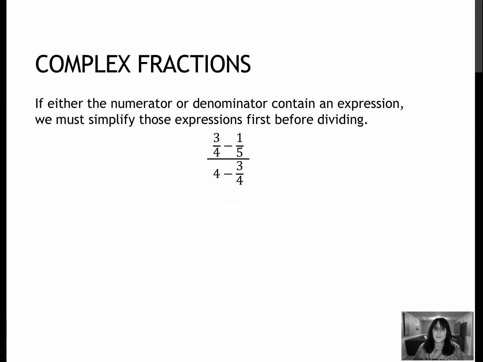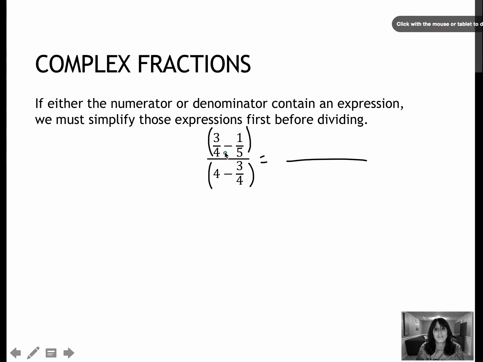Now this one is a little bit more complicated, of course, because I've got a whole expression as my numerator, an expression as my denominator, and I'm going to have to reduce each one of those. So think of them as just separate questions. Let's focus on the top. If I need to subtract two values, then I need a common denominator. Between 4 and 5, I would find a denominator of 20. So I'm going to multiply my first fraction times 5 and my second fraction times 4. And that gives me 15/20 minus